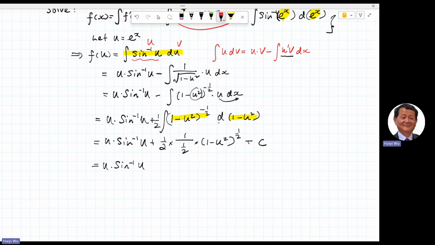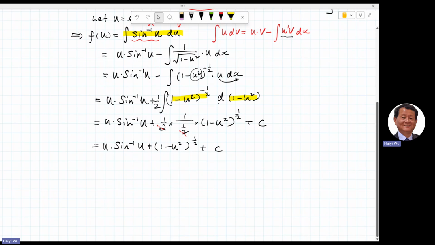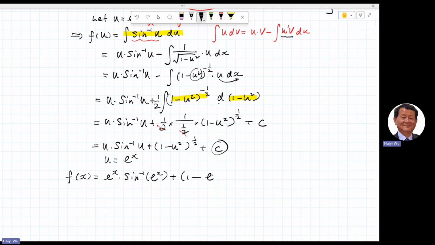So that cancels the 2 out. Therefore plus the square root of 1 minus u squared plus c. All right, so now what's u? We're going to substitute back because we're not finished yet, and we're going to decide what c is. So f(x), we put it back, e to the power of x is u. So e to the power of x times inverse sine of e to the power of x, plus the square root of 1 minus e to the power of 2x,